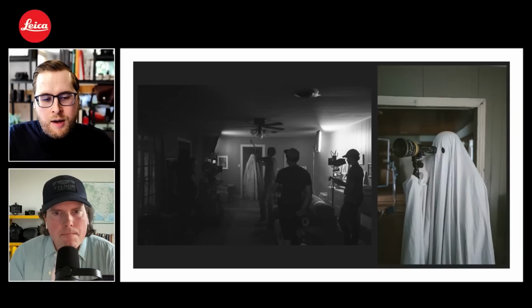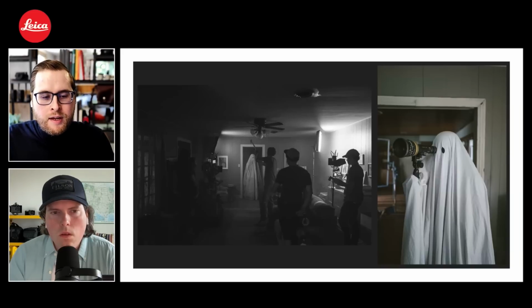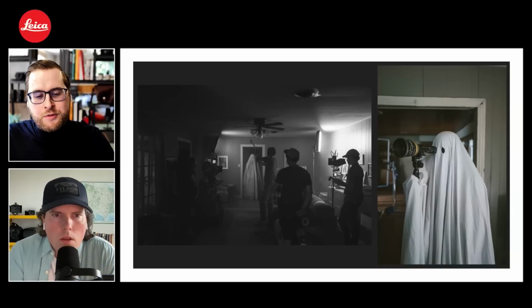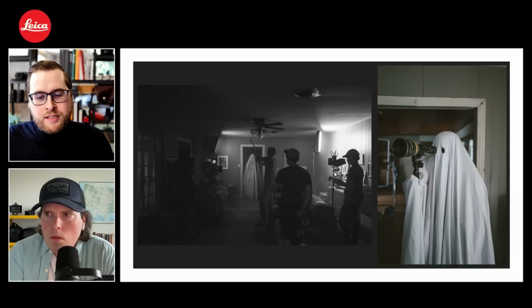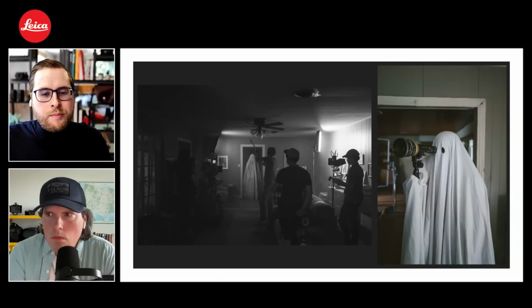Off the walls. I love the shot on the left. We have just kind of a general feel of the set. I love watching and looking at behind the scenes images where you can really see how the director and the team decides to shoot something based on the situation that they're in. And I love the fact that with the wide angle lens, you get the whole shot. You see the lighting, you see the subject entering the room. And then on the right-hand side here, we see looking through, was it the director's viewfinder? Mhm. And kind of setting up a different kind of perspective, but still doing the behind the scenes that you're